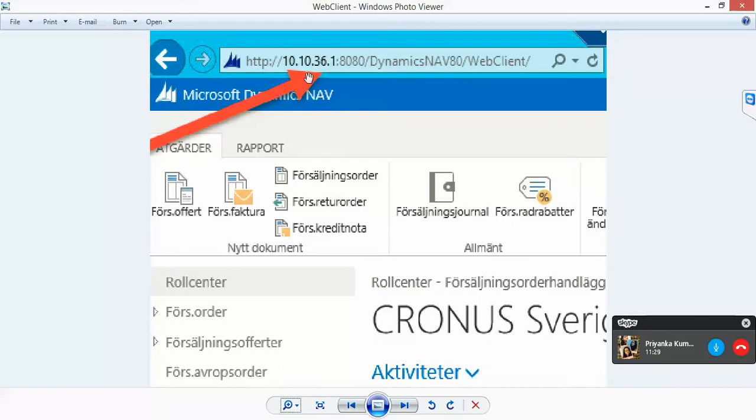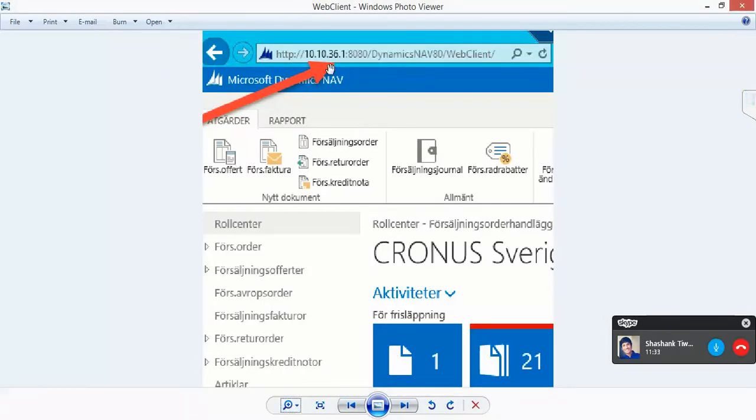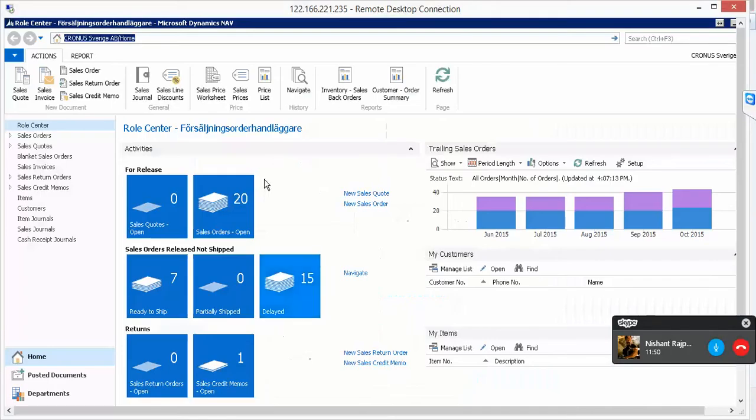You see, this is a web address down here. So we configured this client for them and it opens up with the web address. So this is the web client and it has a URL that we'll type in, and then if you look at it, it is more or less the same as what we see in our Windows client. The only difference is this address. So the second